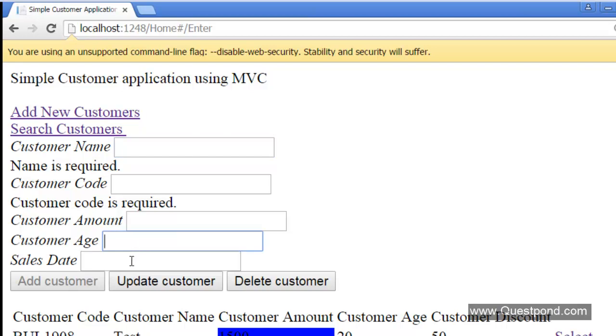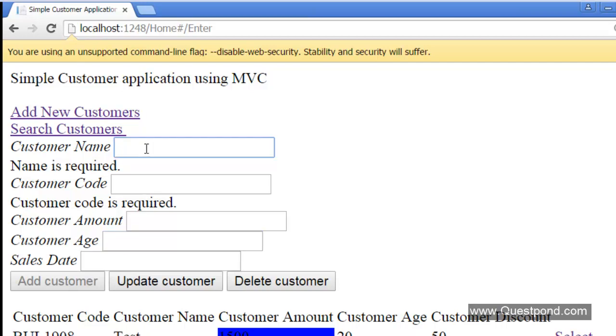One is the age and one is the sales date, right? Because depending on age, the calculations can happen, and depending on the sales date, the calculation can happen. So in the view, I have added 2 or 3 more HTML over there, and I have not explained those HTML, but I'm sure that once you go and see the enter customer.cs HTML, you will understand this code.